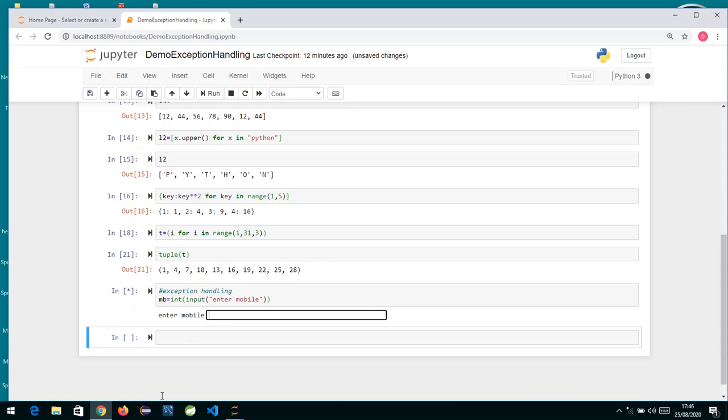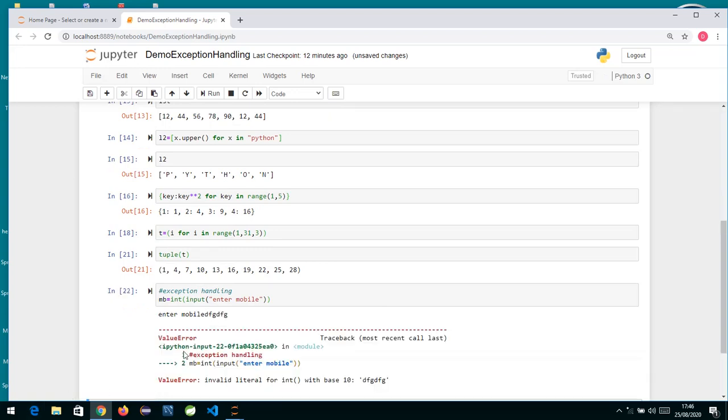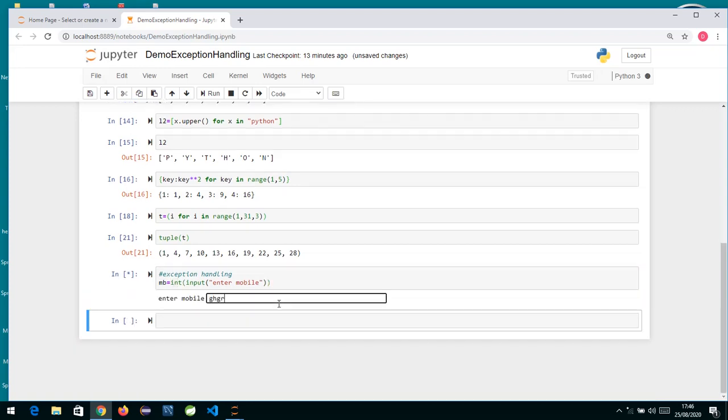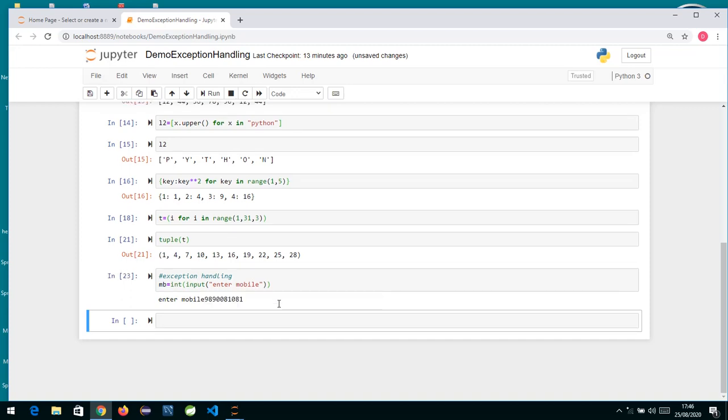Now if I run this and enter some string, we'll have a value error. Why value error? Because it was expecting an int, but the int function won't be able to convert this string into integer type. But if I enter some valid mobile number, suppose 9890081081, it's perfectly fine.